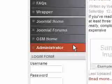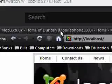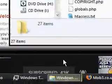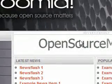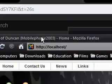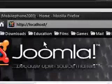Newsflash, you can add things here, search box. So this is all done by Joomla, and you can log in as well to the site, and it's got RSS feeds, and this is all done without me needing to write any code. So back into the administrator, we click content, all content items, and you can see all the different things that have been